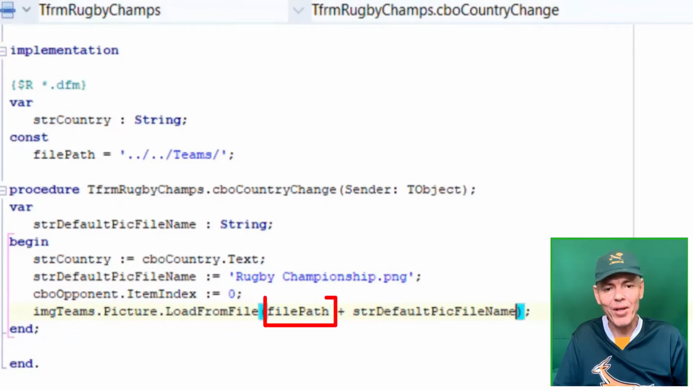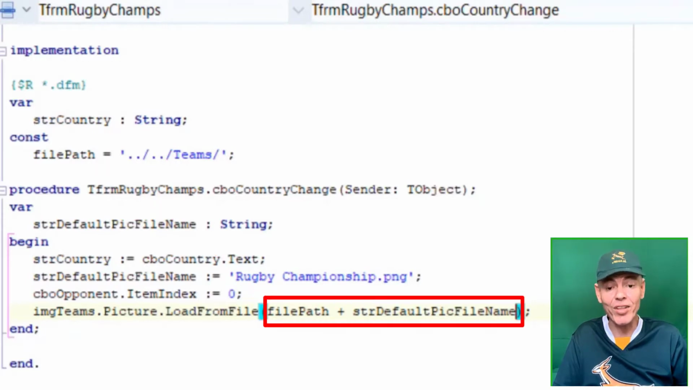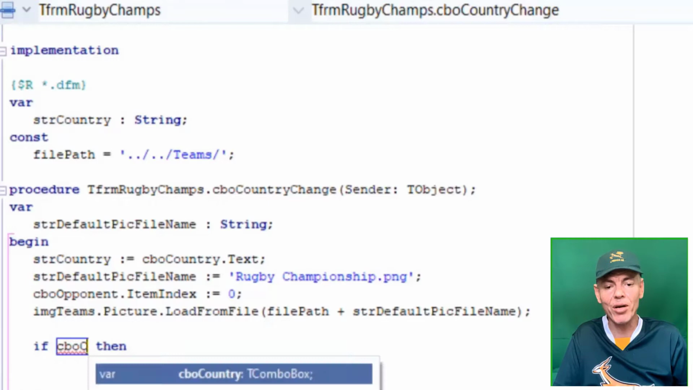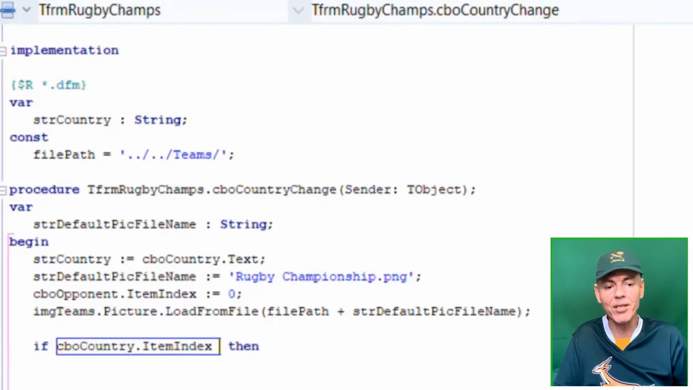We take the file path in the constant that we declared under implementation and concatenate it with the name of the PNG picture in the string variable named strDefaultPickFileName. Then we pass the result to the LoadFromFile method of the Picture property of the image component named IMG Themes. Go to the next line and type if, followed by a space, replace true with cboCountry.ItemIndex greater